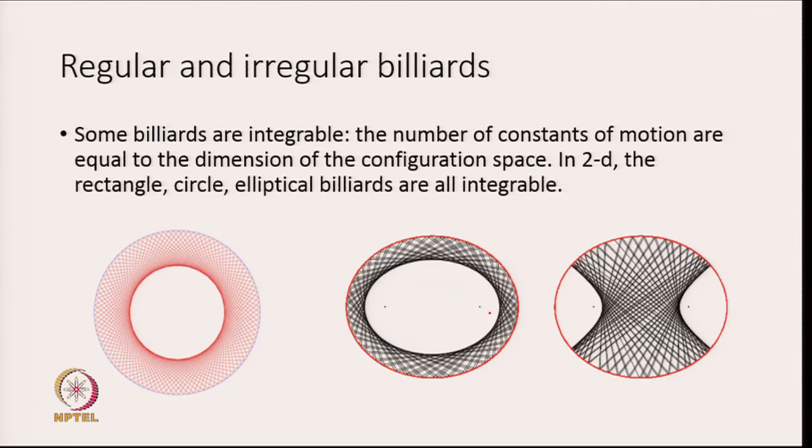Likewise, for an ellipse, there are some orbits that have a caustic of an ellipse, but there are also many other kinds of orbits. In particular, there are orbits whose caustics form a hyperbola. And these 2 points over here are the foci of this particular ellipse. There are orbits in addition that will just bounce back and forth along that particular line over there. So, there are many different kinds of orbits that are possible.